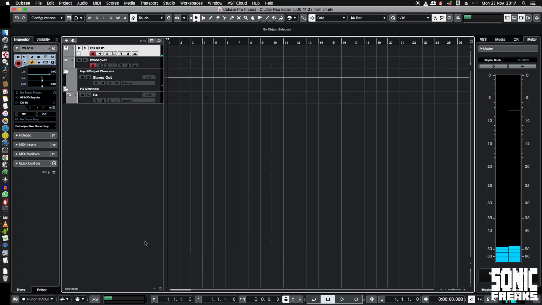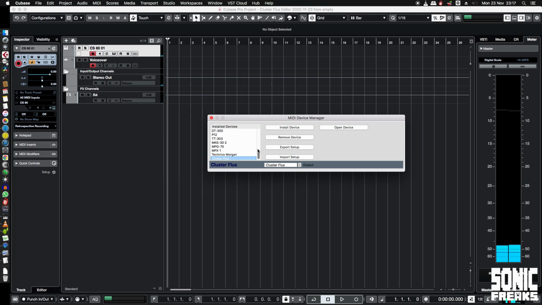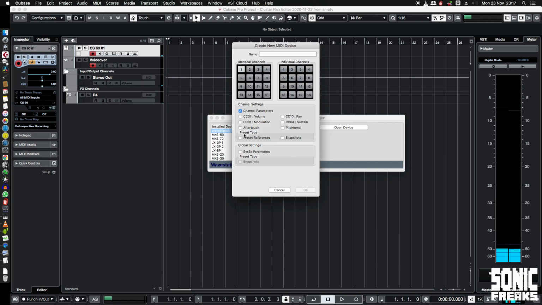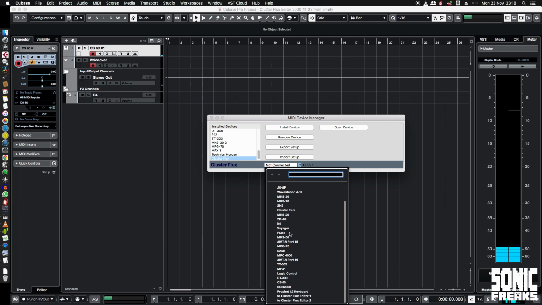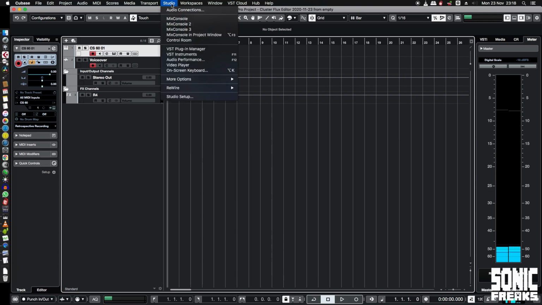and that means that I can go to my DAW and make a new MIDI device. I'll just delete this one. I'll install a new device, define new, it's just some generic device. It has preset references and snapshots. I'm not quite sure what that actually does, just preset references. Cluster Flux, and then I can say OK. It shows me how it looks here. I don't need this. I'll move to the newly installed device, which is called Cluster Flux, and I'll connect the Cluster Flux MIDI port to it, which now shows up in my assignments of MIDI ports. So now my Cluster Flux is known inside of Cubase,